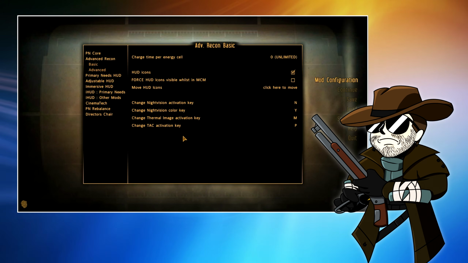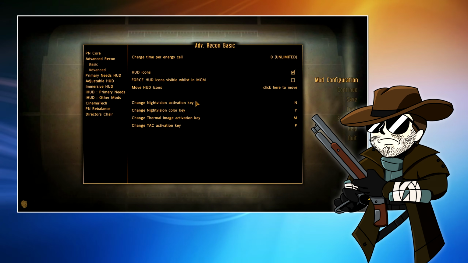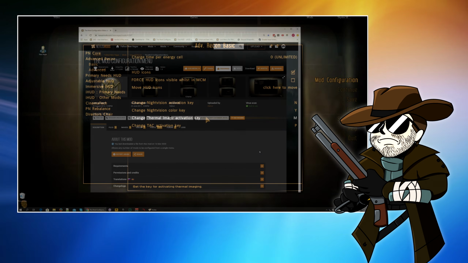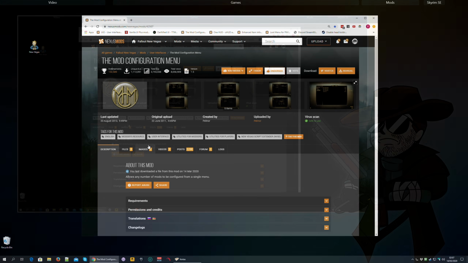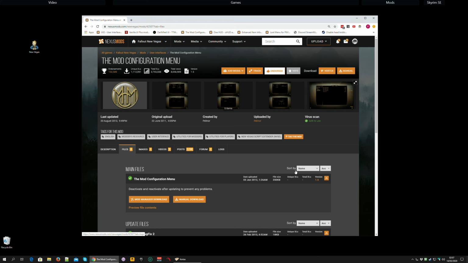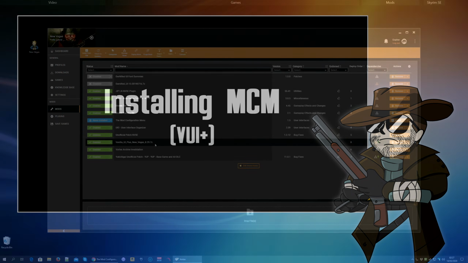A lot of the mods I'm going to show you will use it, and you'll find a ton more mods that you'll want to install, and they will have extra options available if you have MCM. So let's get this mod installed. Go along to the Nexus mods page for the mod configuration menu, go to Files, and click the Mod Manager download button. Now I'm going to show you how to install this on Vanilla UI Plus first because it is